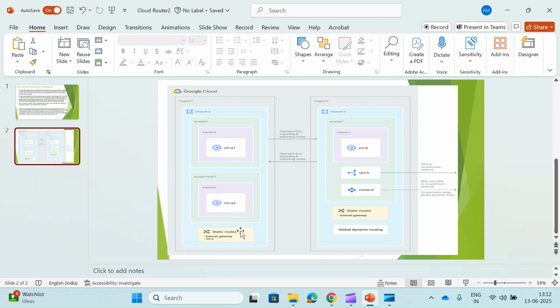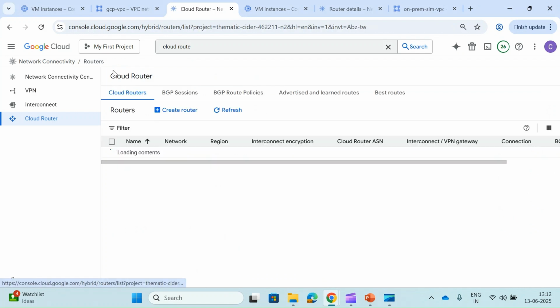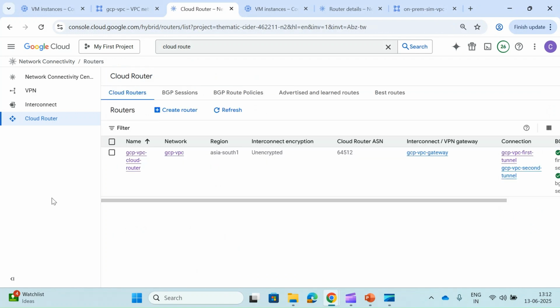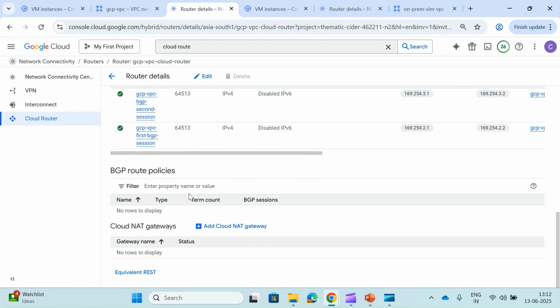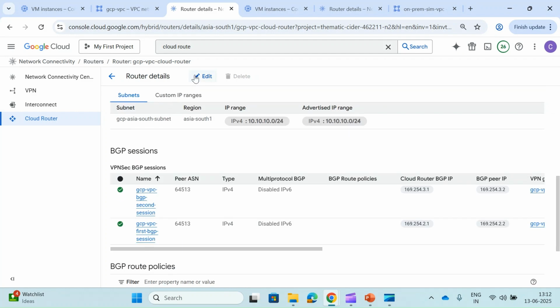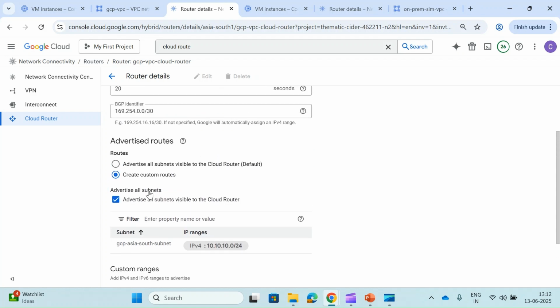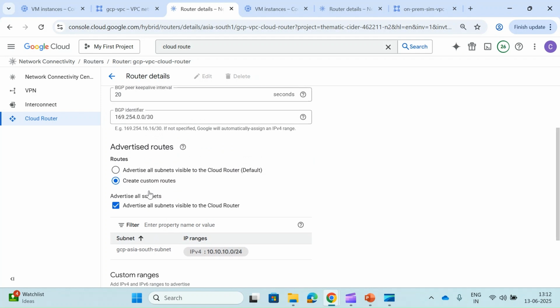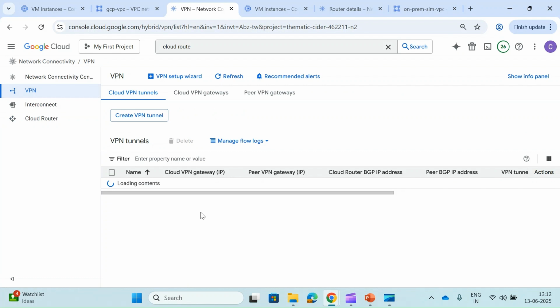So there are all these things we need to take care of, and it is a little bit complex, but if you create a flow chart, it will be very helpful for you to understand how traffic is flowing, and it is not that complicated. It is easy. In the next part, let me see what is pending now. Let's go with how we can use cloud router advertisements. We have seen that we can create custom ranges, but there's one more option. You can create custom ranges for your BGP sessions also. Let me show you that before I close this video.